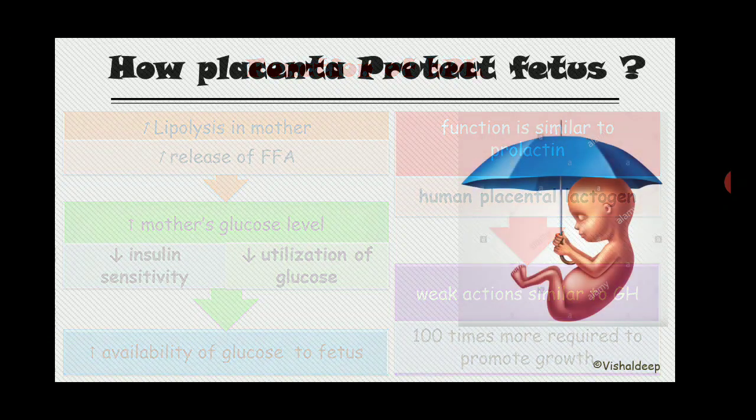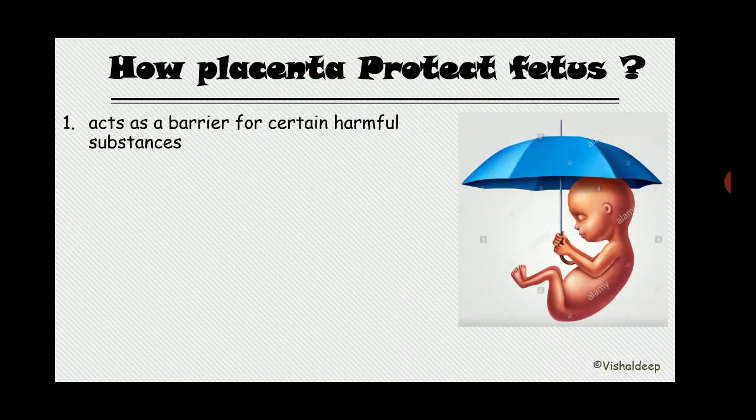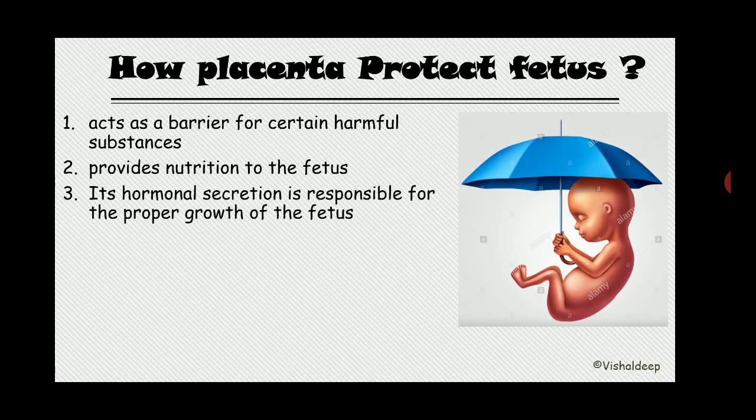Now how does the placenta protect the fetus? In order to protect the fetus, the placenta acts as a barrier for certain harmful substances. Not all substances are able to cross the placental barrier. It also provides nutrition to the fetus, obviously, because it is loaded with hormones. It increases the secretion of the hormones. It causes the transport, the exchange of nutrition. So it basically provides the nutrition to the fetus. Now its hormone secretion is responsible for proper growth of a fetus. And next one is the